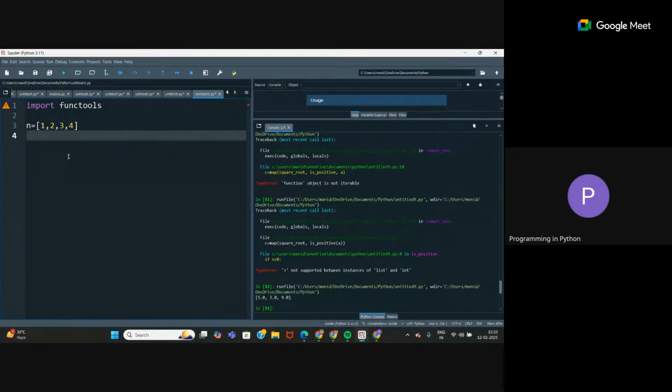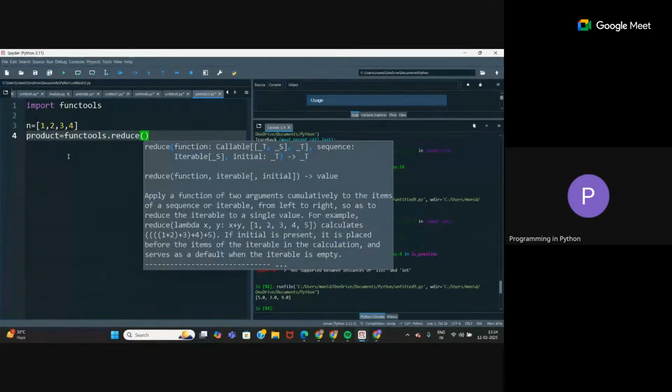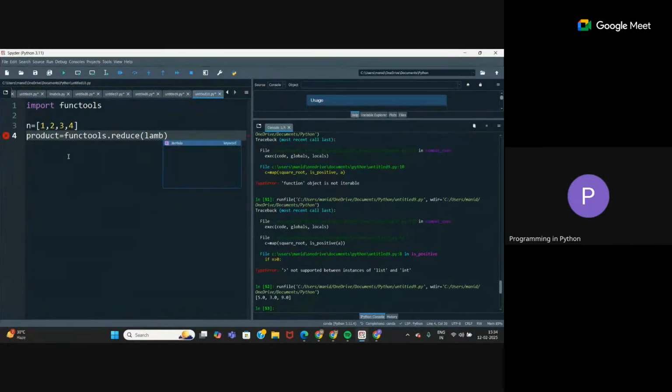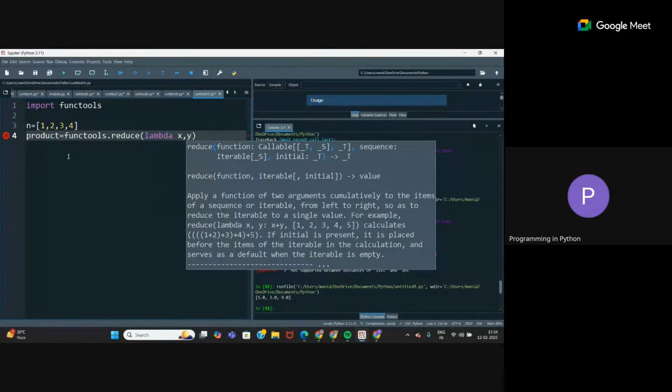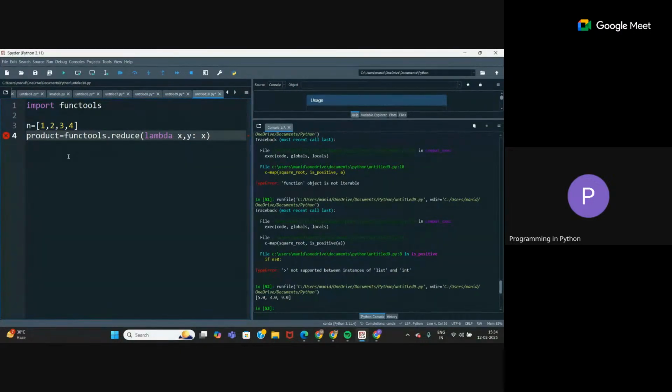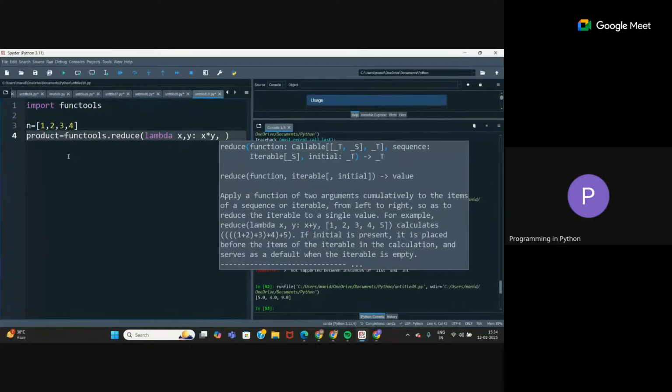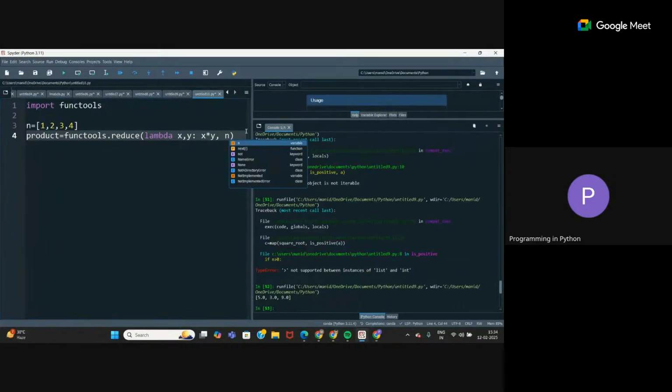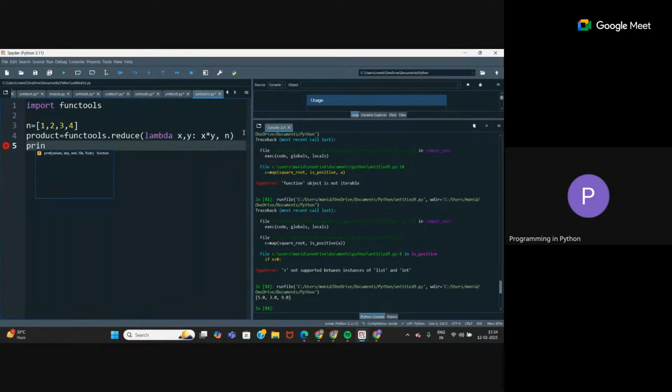and then let me have a variable called product. Okay, so inside product, now if I want to use the reduce function, so what will it do? So if I write functools, this is the reduce function I have used. So reduce, then inside this I can have some lambda function. Let's say I'm finding product, right? So I can write lambda x, y, which should generate x star y based on this list of numbers then. Okay, so now if I print,